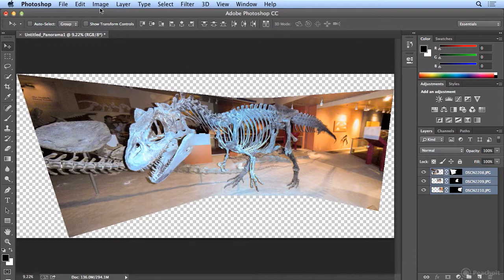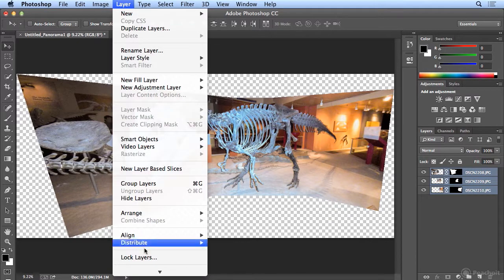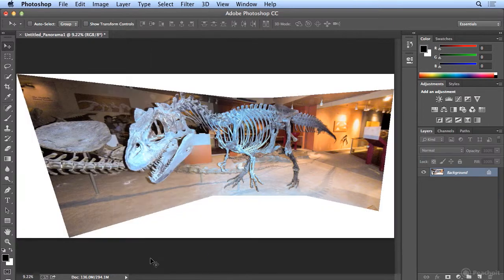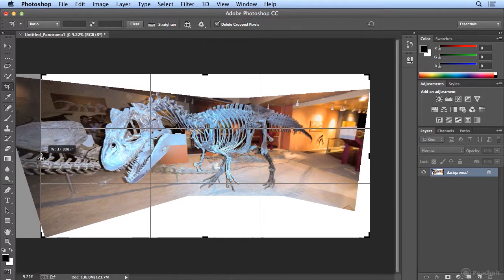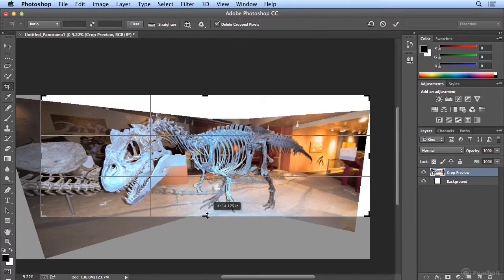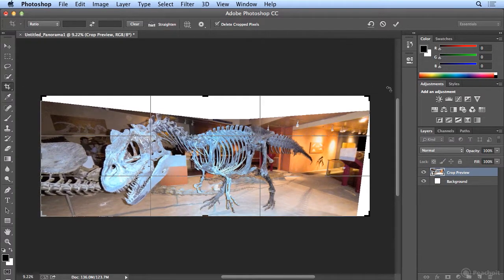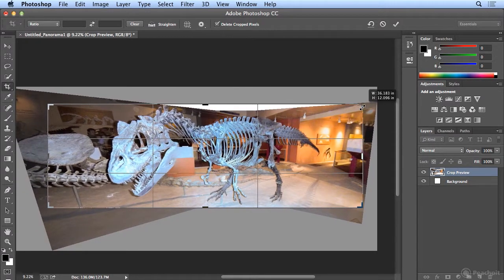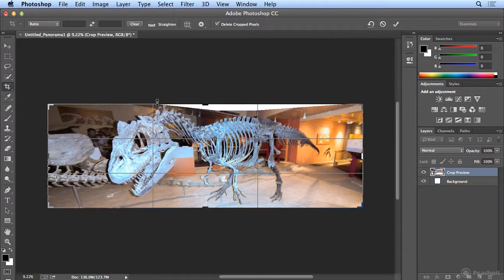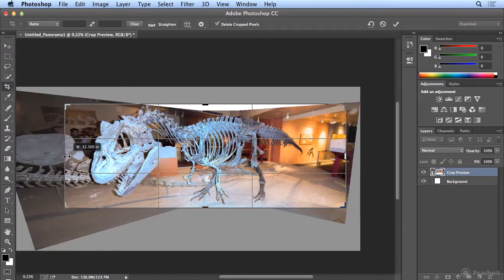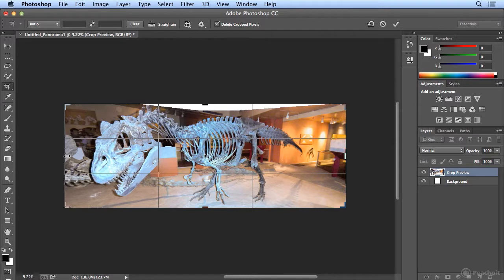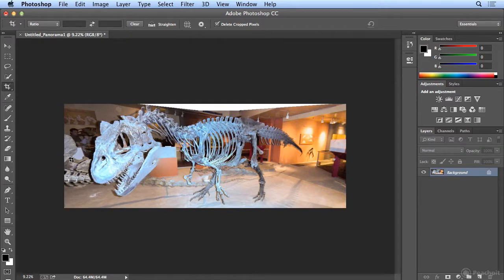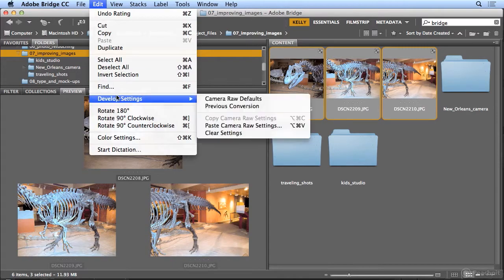So to finish this guy off, Layer, Flatten Image, and C for Crop, and I'll have a finished T-Rex in a panorama. And I might leave a little of this extra so I don't cut off the top. There we go. I'm going to press Return or Enter, and you have just seen correcting images using Adobe Camera